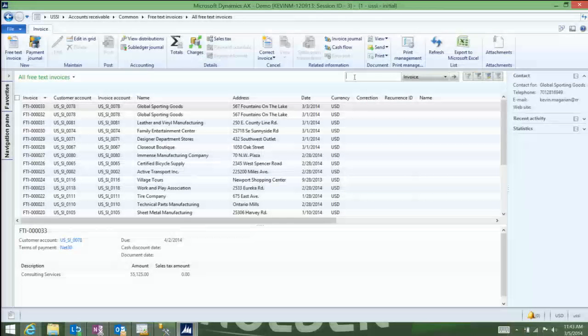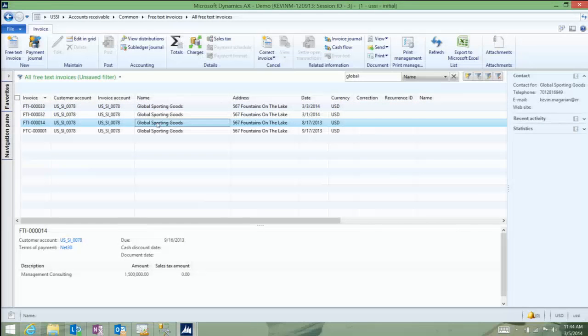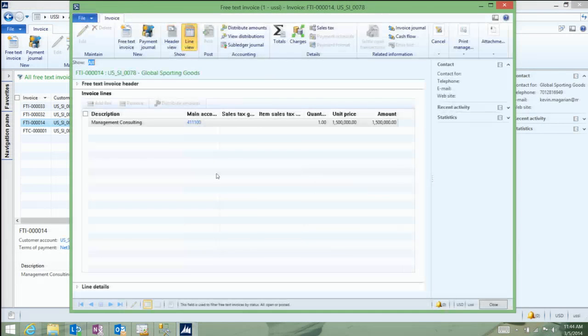And let's search for our customer here. And we'll search by name. And it looks like here's our invoice. We'll open that up. So here we can see the invoice for $1.5 million.